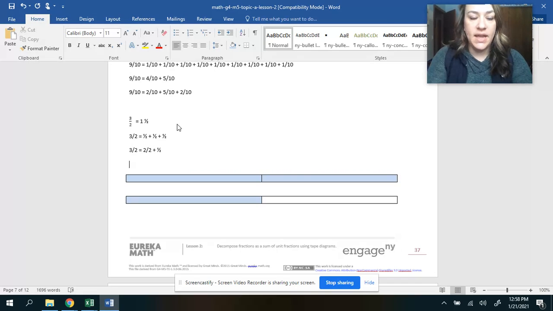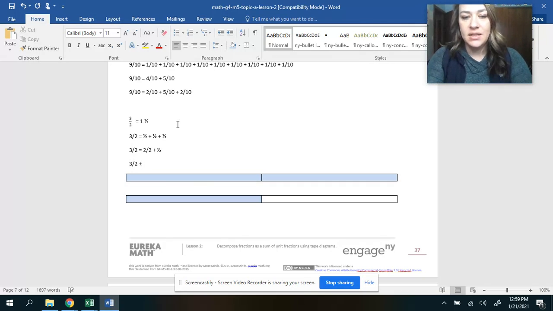And then we could flip that and say 3 halves is equal to 1 half plus 2 halves,